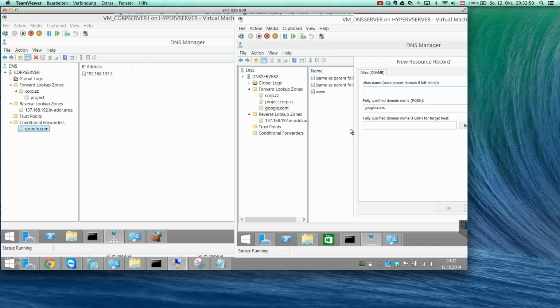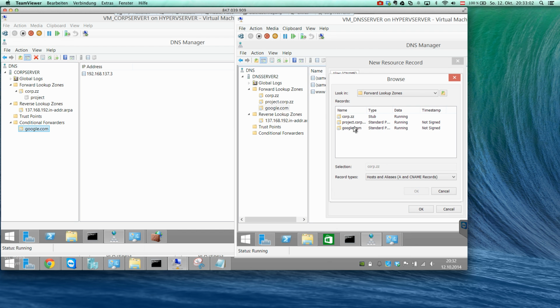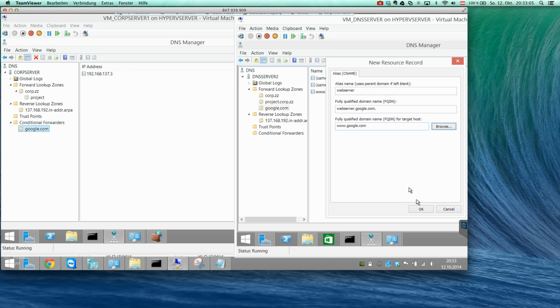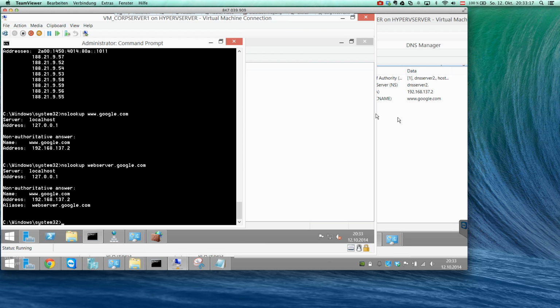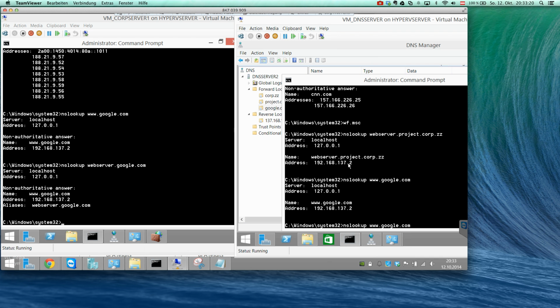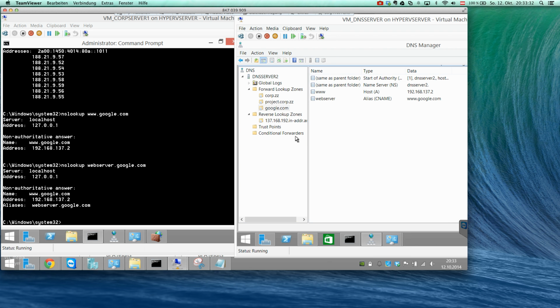So for example, if I make a CNAME record for webserver.google.com and resolve it for the www entry, it will also work here. webserver.google.com, and it will work here too. So you see that you do not have to allow conditional forwarding,